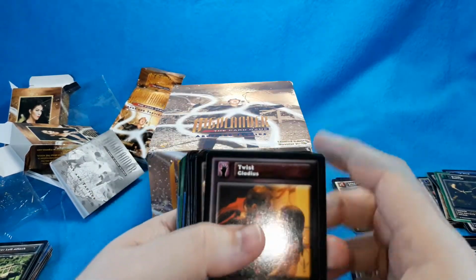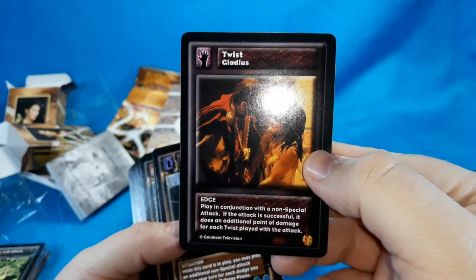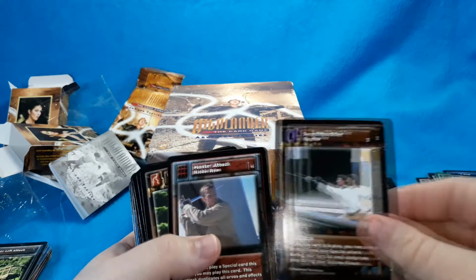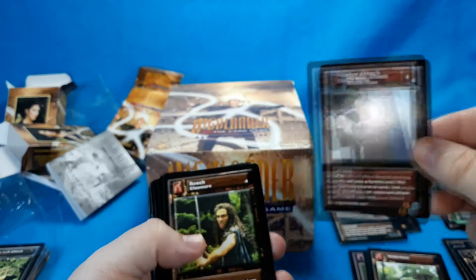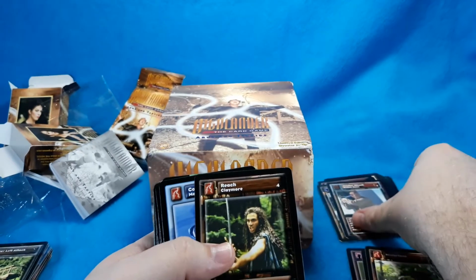Okay. Let's see, looks like these are my rares. Twist for the Gladius. Swashbuckler for the Rapier. Richie's Master Attack. And, oh, again, this is